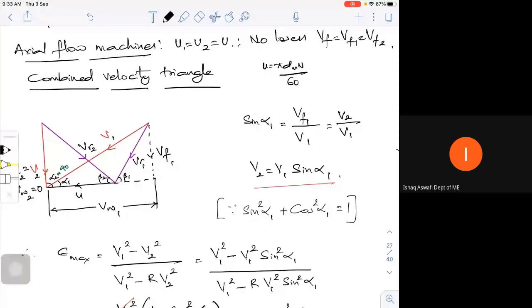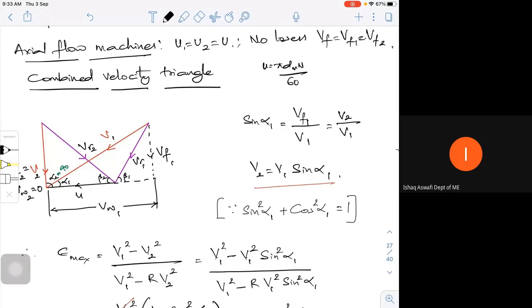And also, we have this flow component. What is this? A component of velocity, which is the axial flow, maybe your absolute velocity. So it is V1 sine alpha, because alpha is the angle with which the flow enters the turbo machine. If there are no losses, the fluid enters at that particular absolute velocity. Sometimes you may be having a tangential velocity VW1, or sometimes VW1 may be 0.